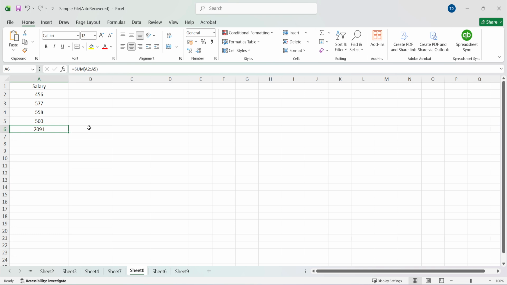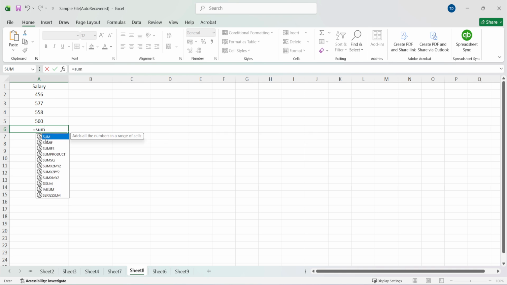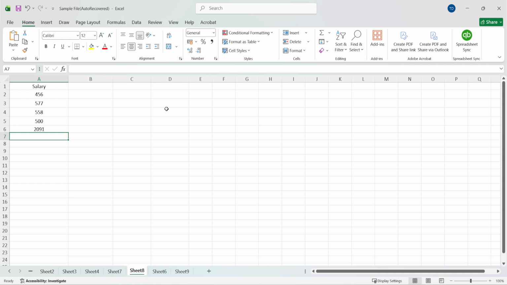If that doesn't fit your needs, the next method is typing the function manually. Click the cell where you want the total, then type =SUM(. Now either click and drag over the cells you want to add, or type the range manually like A1:A10. Close the parenthesis and press Enter. This gives you more control over exactly which cells to include, and you can even sum non-adjacent cells by separating